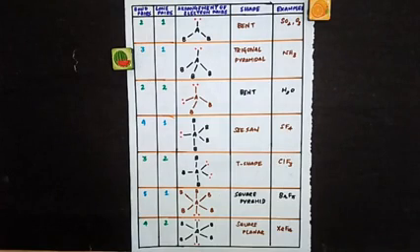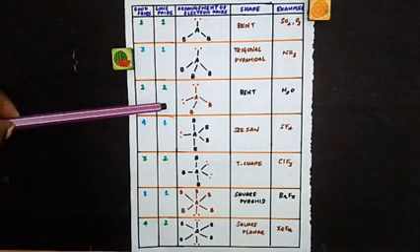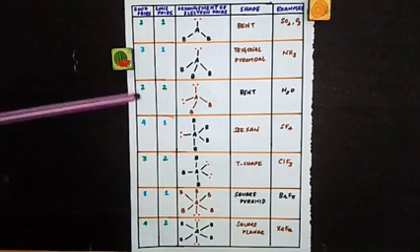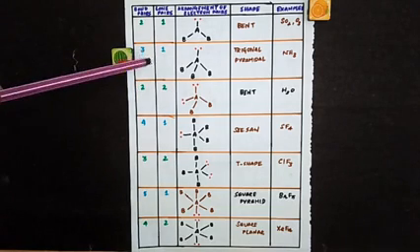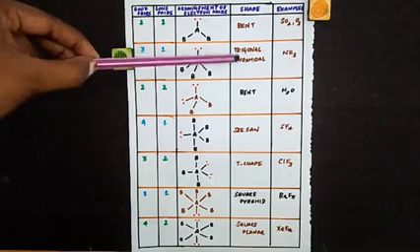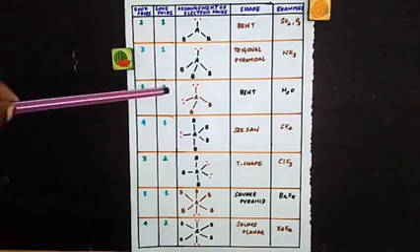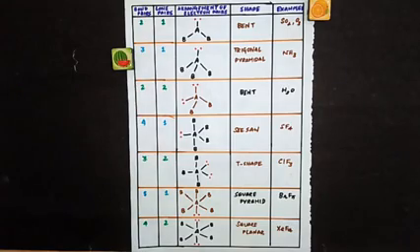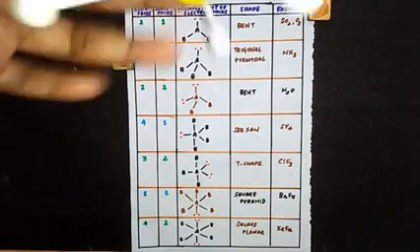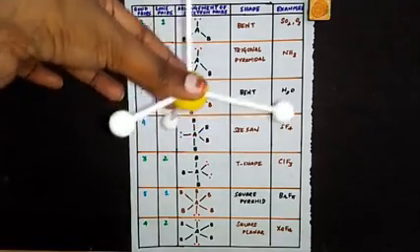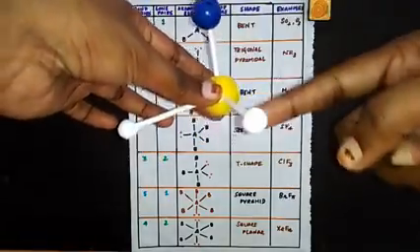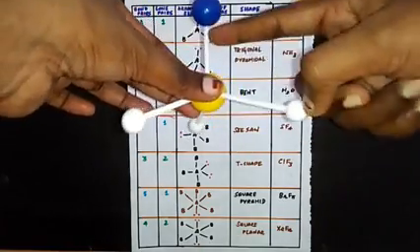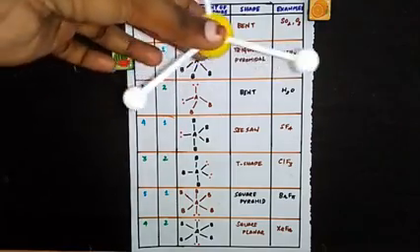And the next one is 2 bond pairs and 2 lone pairs. When all 4 are bond pairs, just now I showed you, you will have tetrahedral geometry. When there are 3 bond pairs and 1 lone pair, you get trigonal pyramidal. When there are 2 bond pairs and 2 lone pairs, again you get a bent structure. First we had all 4 bond pairs, we had tetrahedral geometry. Then we had 3 bond pairs and 1 lone pair. So we had trigonal pyramidal geometry because of the repulsion between lone pair and bond pair. Now we are having 2 bond pairs.